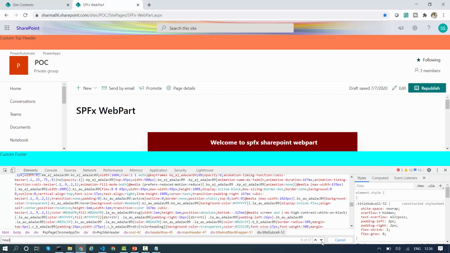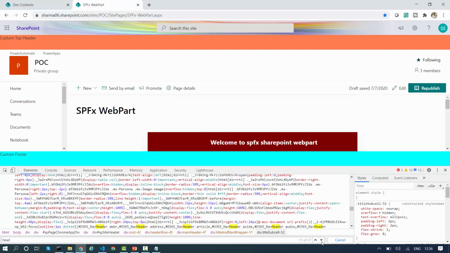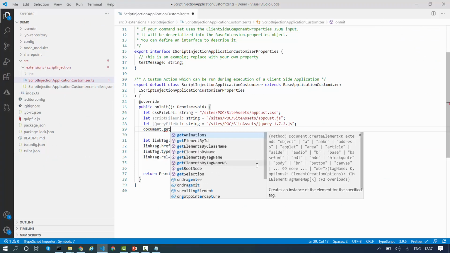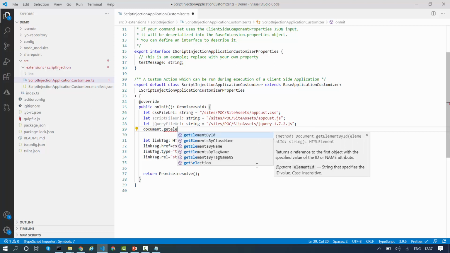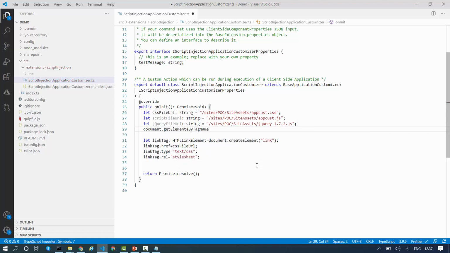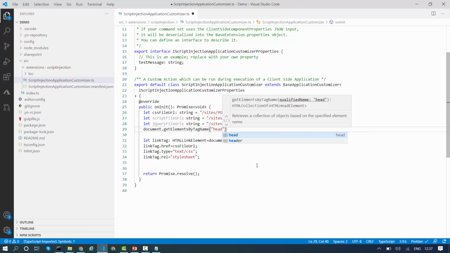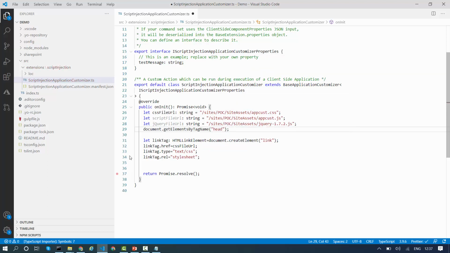You can see this is your header tag, and there are also chances that in your page multiple header tags can exist. So first of all I will get this header tag. How I can get the header tag: I will say document.getElementsByTagName, I will get the head tag. Now all the head tags present in my page will be available, and I will assign them to a variable.